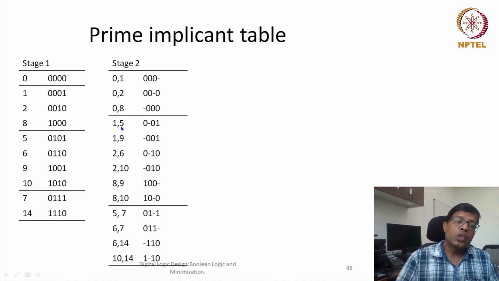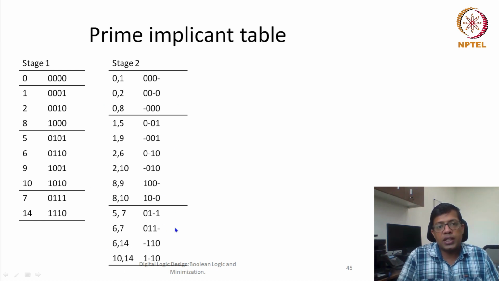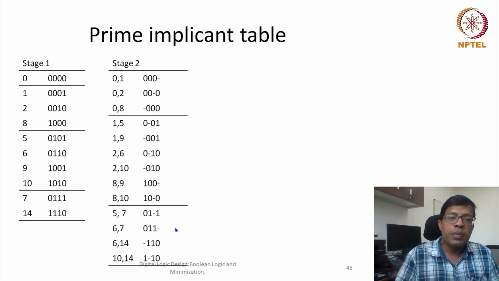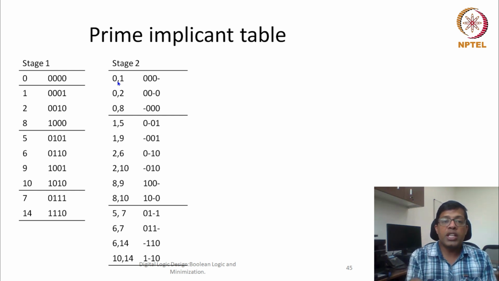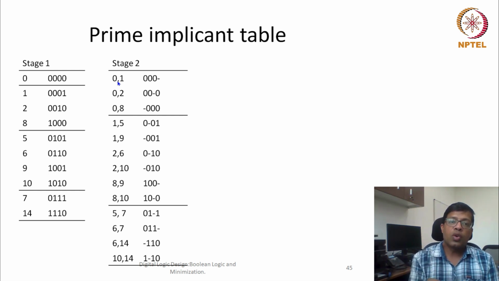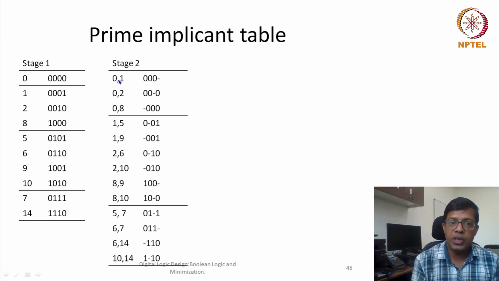One more observation here: the difference between 2 mean terms, so that they can be combined, is only 1 or 2 or 4 or 8. We can recheck from all the pairs. So the difference between 2 mean terms is 1, 2, 8 or 4. So this is true for all of them.